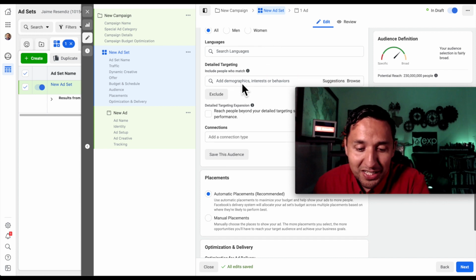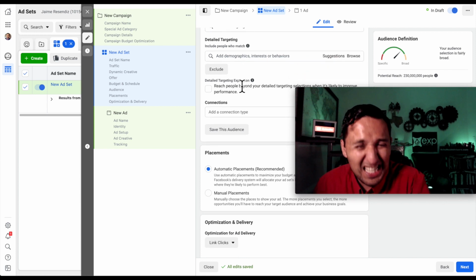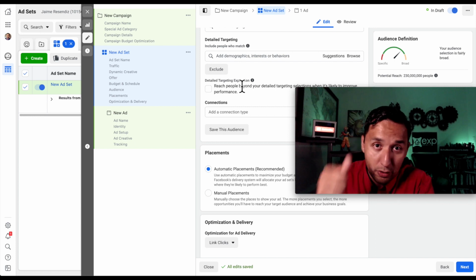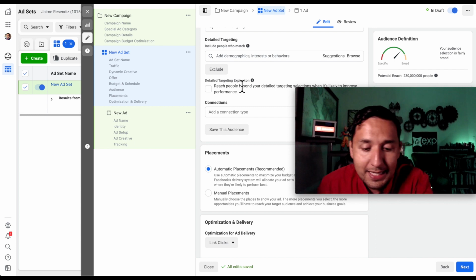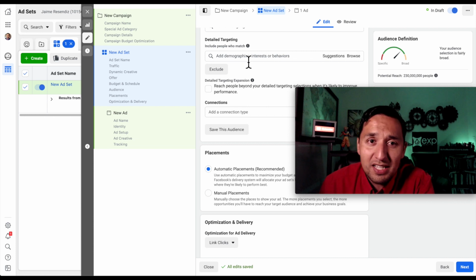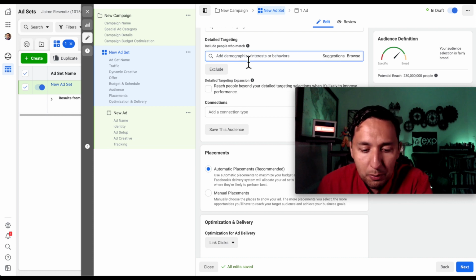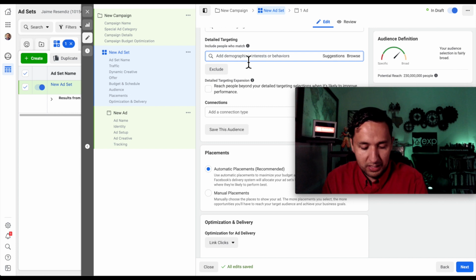All right, and when it comes to targeting, since we are not in the special ad category, as a reminder, credit, employment, housing, and political ads, those are special ad category. Since we're not there, we're able to select based off of demographics. So we're able to select based off of, let's just say,